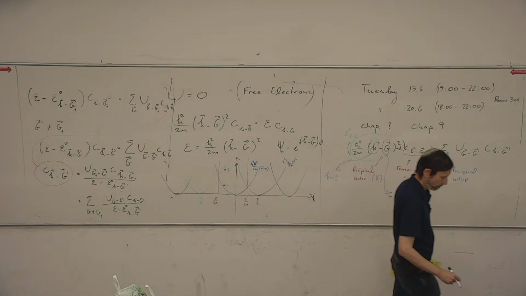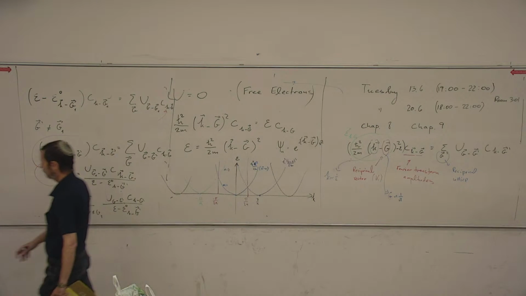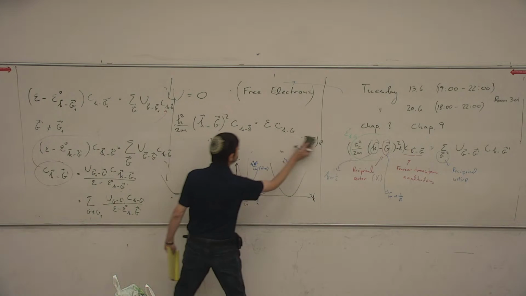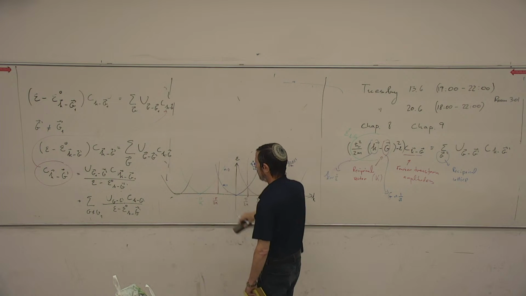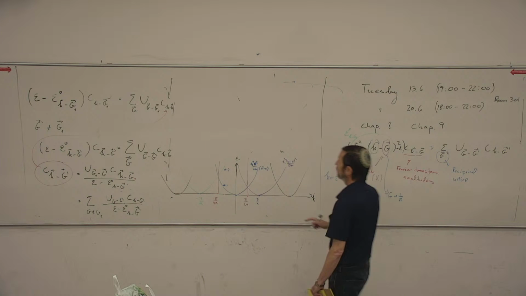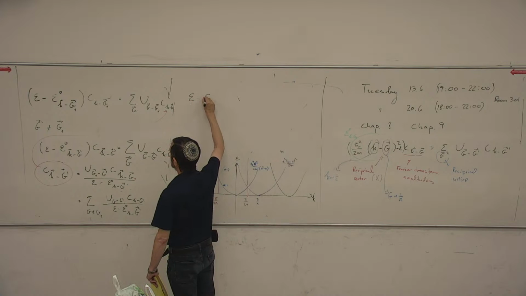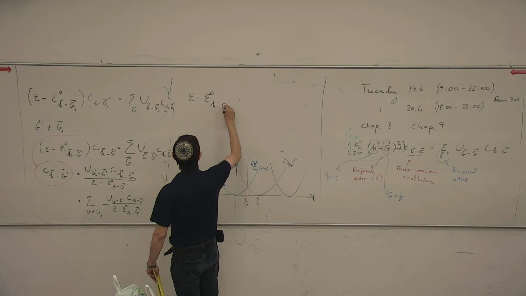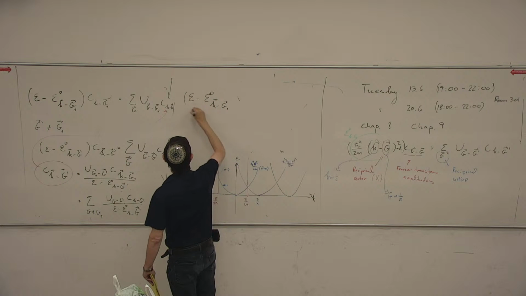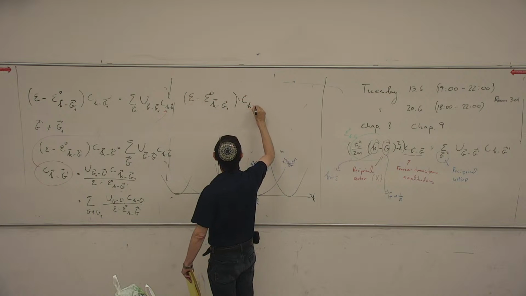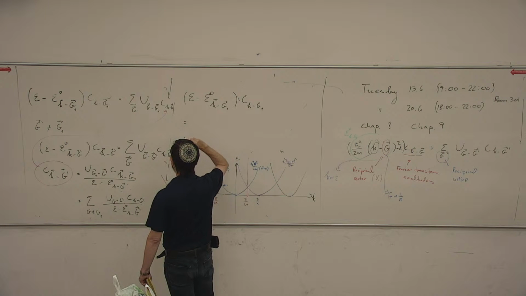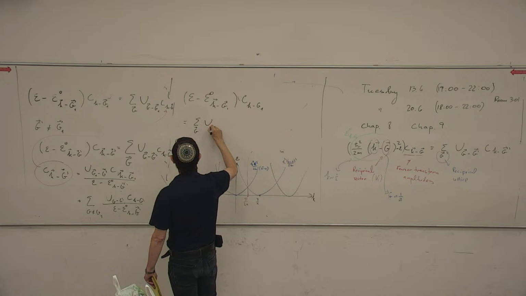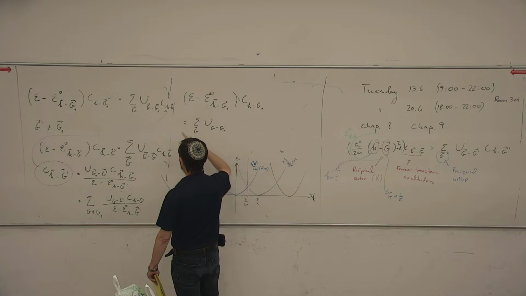Okay, so let me just continue here. I'm just taking what's written here: E minus epsilon 0 of k minus G1, times C of k minus G1, equals the sum over G of U of G minus G1, and enter